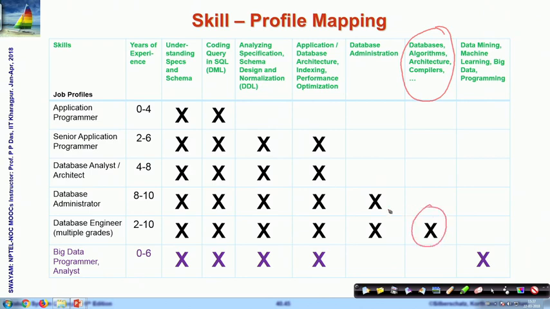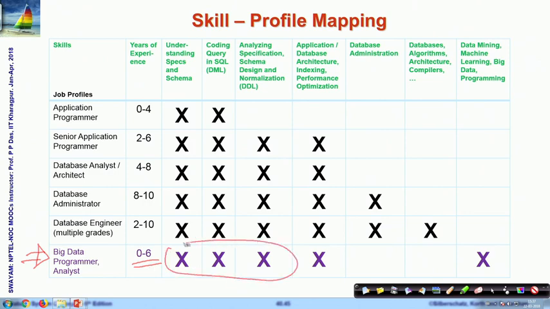Only then, and coupled with all the database knowledge, will you be able to work as a database system engineer. And in the emerging area of big data, of course, I am saying this is 0 to 6, it could be 0 to 8, not more than that, because it did not exist quite a long time ago. But you need to have a basic level of at least this much of the relational database understanding and knowledge,